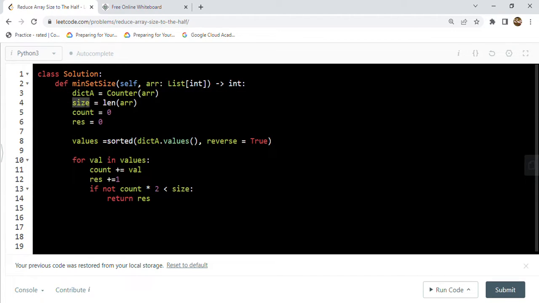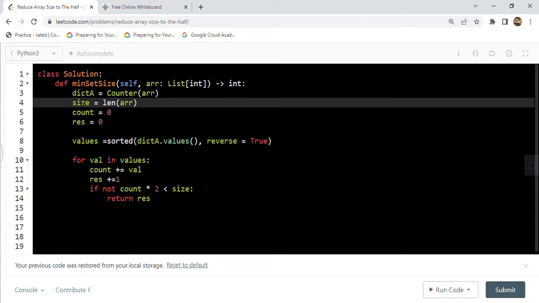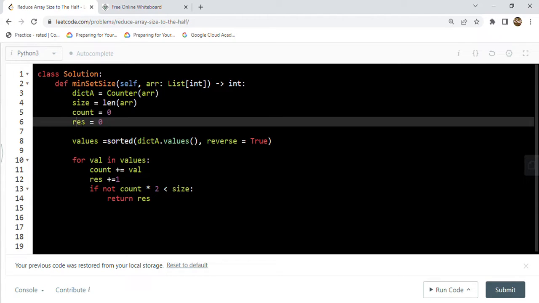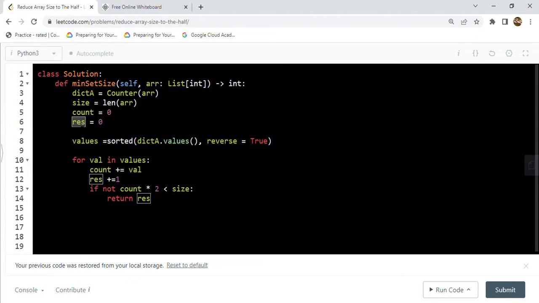Now what we are checking? We are first checking the size of the original list. ARR is the original list. So we have taken the size in this size variable. Now we have initialized a count variable to 0 and a result variable which we will return in the end. Now what we are doing? We are sorting the values